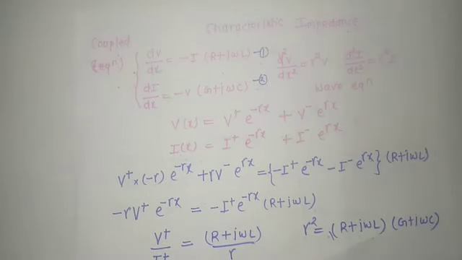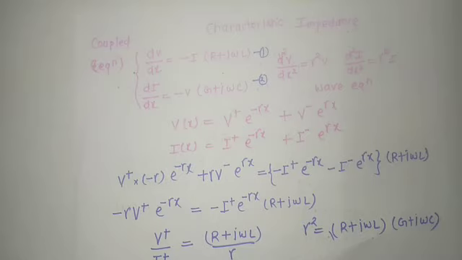Okay, so in this lecture we will study the characteristic impedance. So far we have seen the wave equation for the voltage and current, and we have also noticed that the current and voltage travel in the form of waves in the transmission line. And in the last lecture we also learned what is forward wave and what is backward wave. Forward wave travels from source to load, backward wave travels from load to source, as well as the significance of gamma.